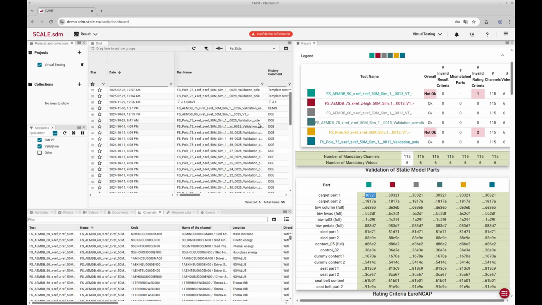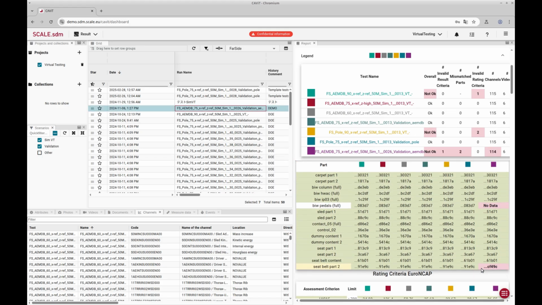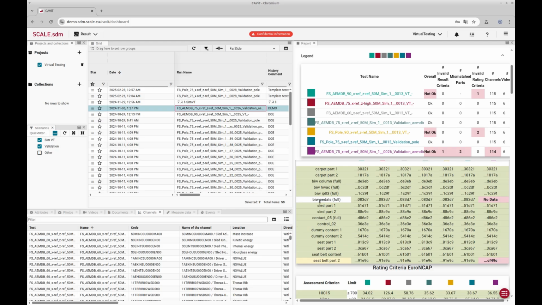For example, if we select an additional one from here, we will see that for the pedals, there is no data available, and for the seatbelt part, the hash is different, which means that the input file was edited compared to the base run.